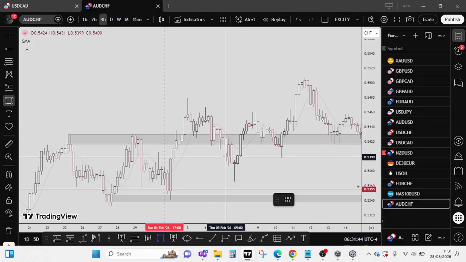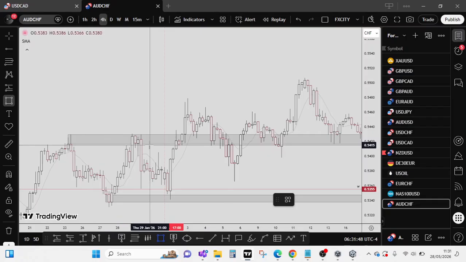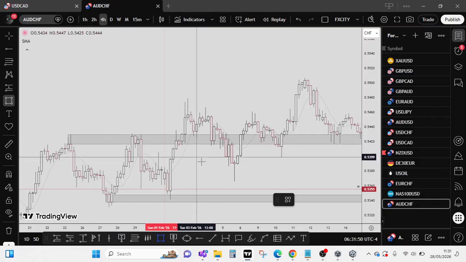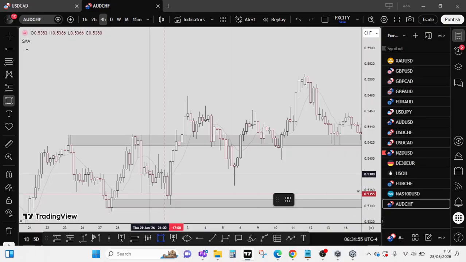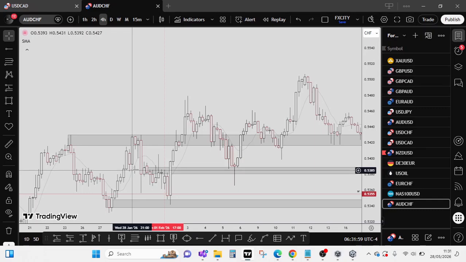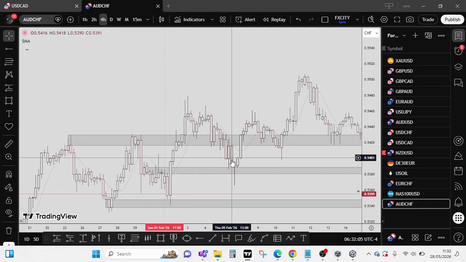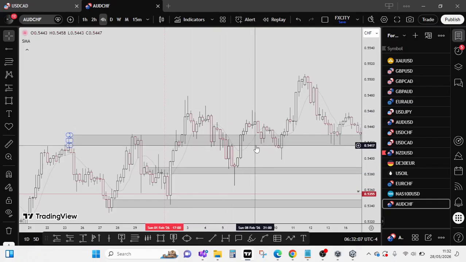So once price closed below this level on two candles, that confirms that this level is no longer valid for us. So we're now looking for another level where we can engage with price. And the level that stands out is this one. Right, so you can see this level here, which is a level of resistance broken. So we expect for price to come back to use this as support,